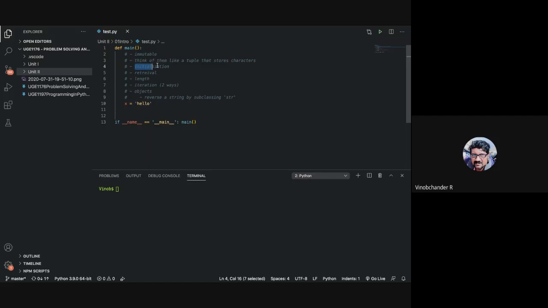Okay, string initialization, this also we have discussed in one of our earlier classes. So you can initialize your string either using a single quote or using a double quote, or what is the other way? Triple. You can have triple quotes as well, right? So what is the purpose of single triple quotes or double triple quotes?